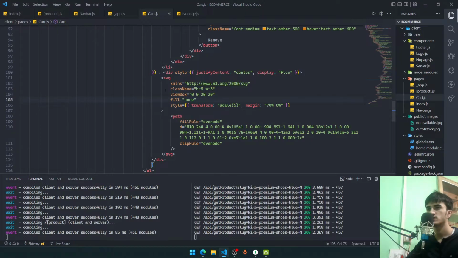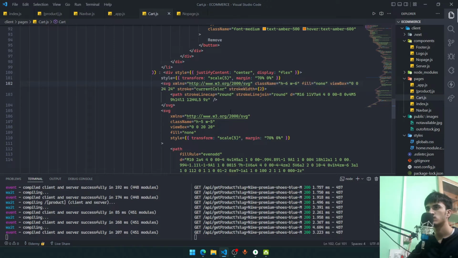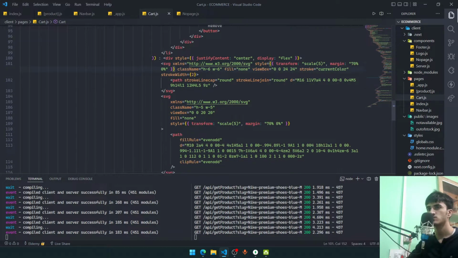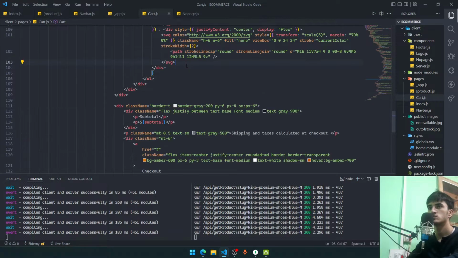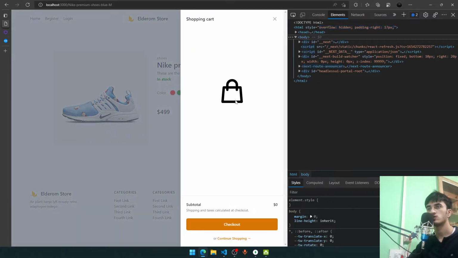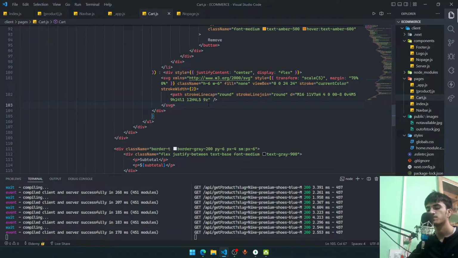Let's copy the JSX. We have margin 70%. Okay, let's just do one thing. Let's just paste it there. Let's just copy the style. We'll just paste it in our copy like that. Let's remove our SVG. Let's go here. Okay, we got something like that. Good. Here below we can say something like